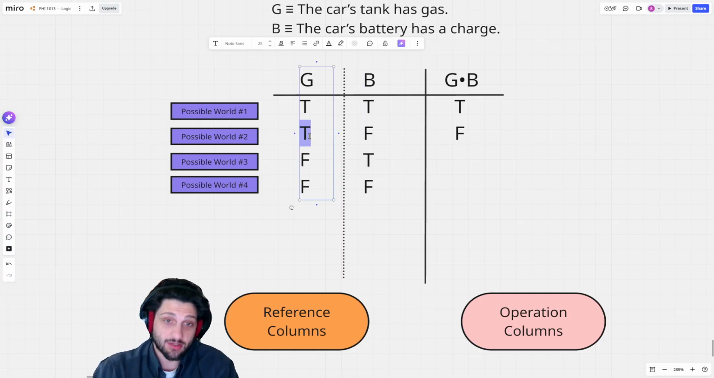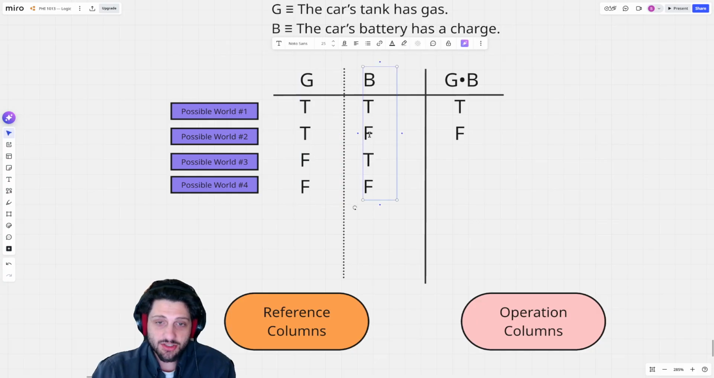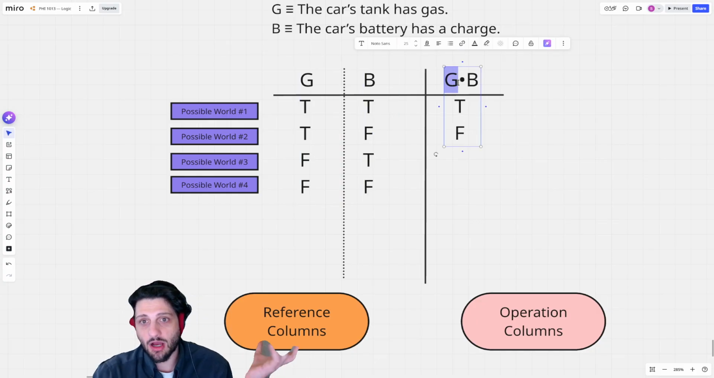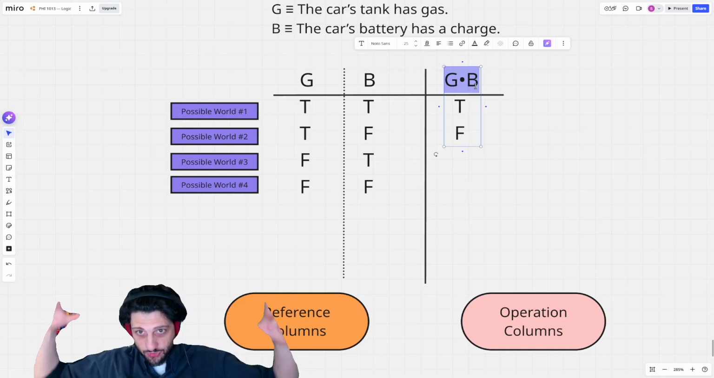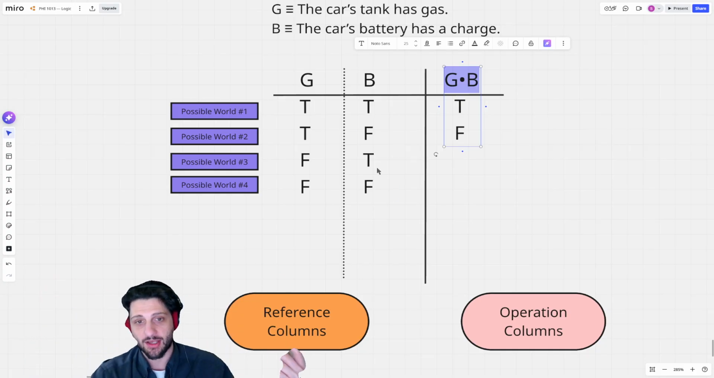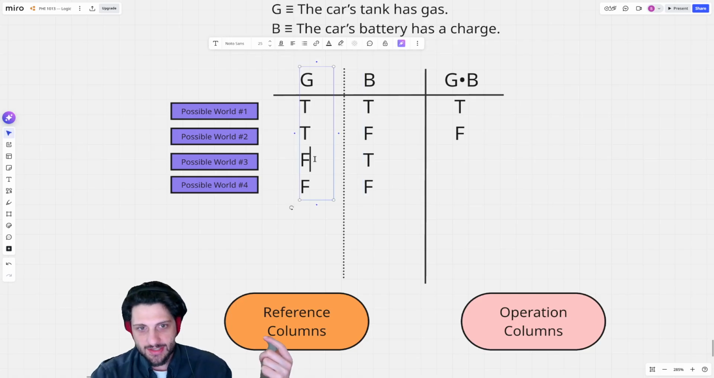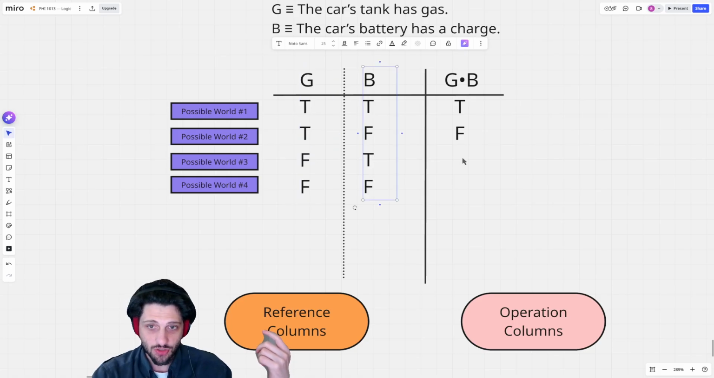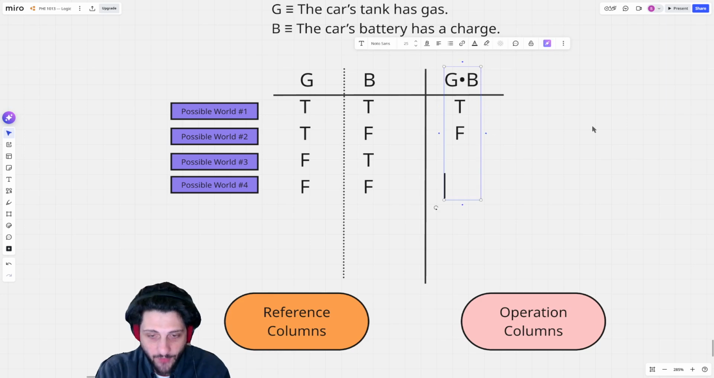It's true that there's gas in the tank, but it's just false that there's charge in the battery. And in order for this complex statement as a whole to be true, you need both sides. So for the same reason, down here in World 3, where I don't have any gas in the tank, but I do have charge in the battery, it's still false